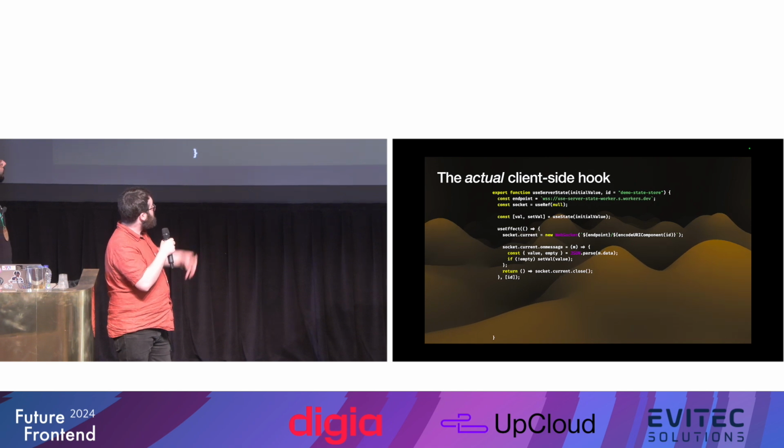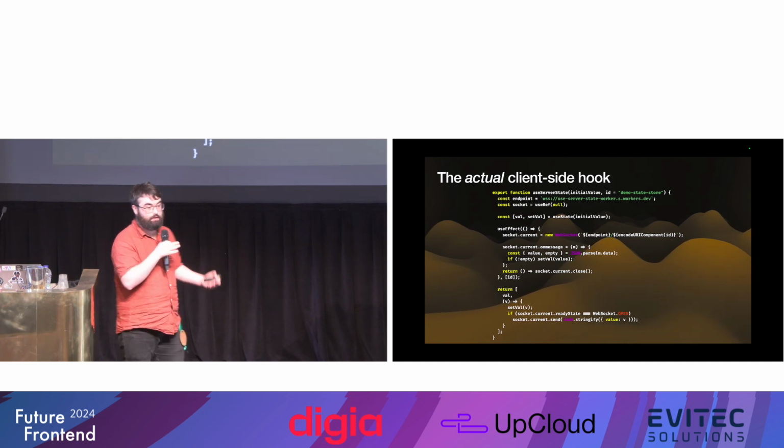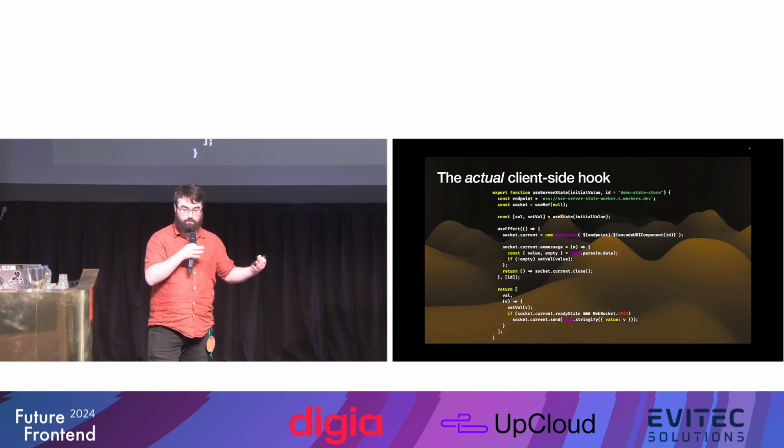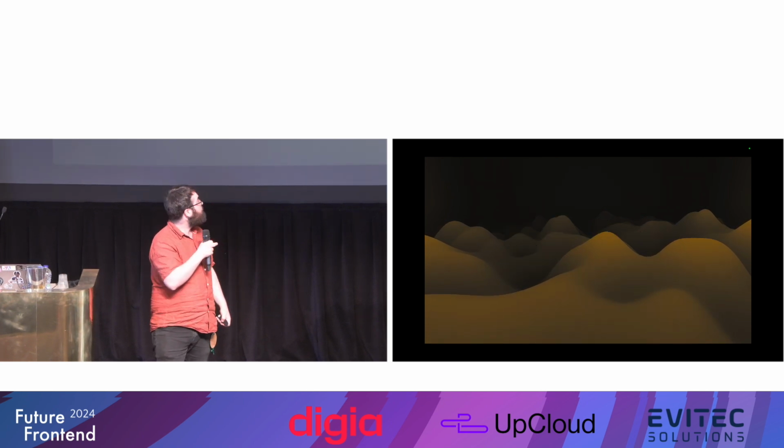And then we have a couple lines of code to take updates from the server, and then a couple lines of code to send updates to the server. But that's pretty much all it is. Any update that comes in from the server, we write to the local use state, and any set state that we get, we just write back to the server.